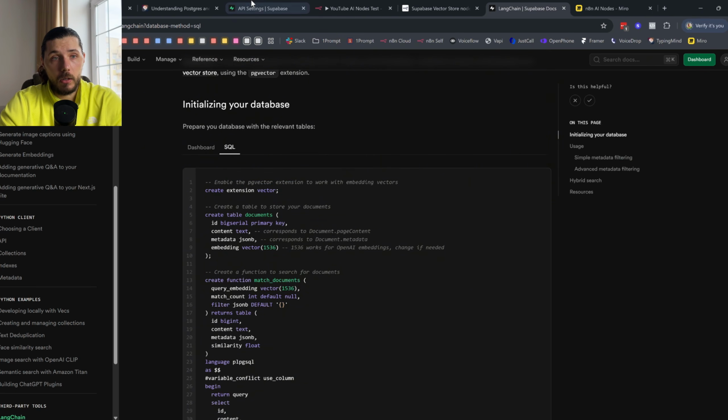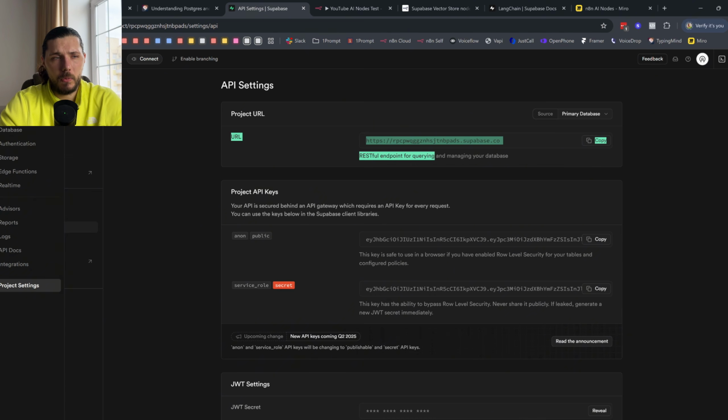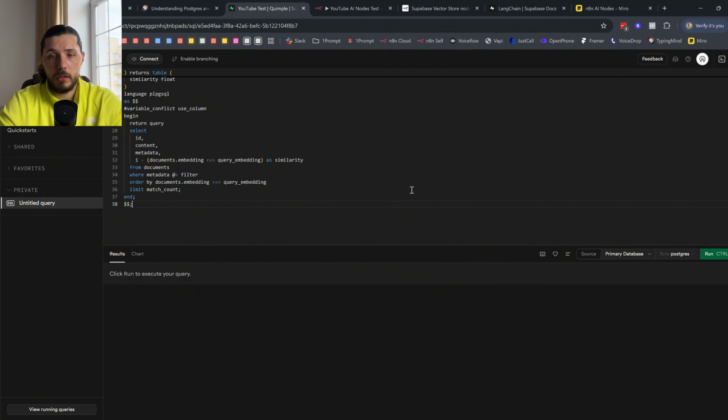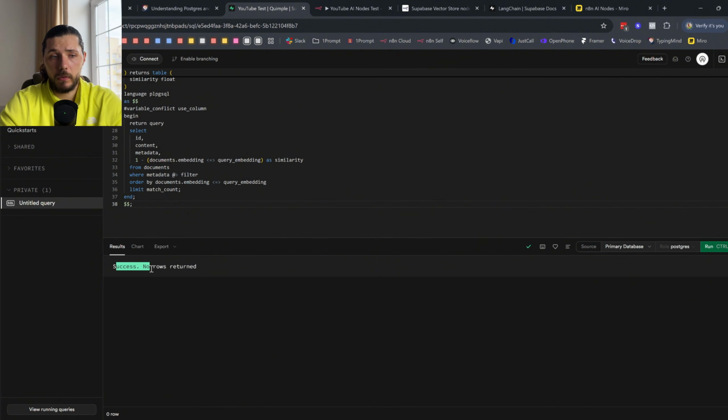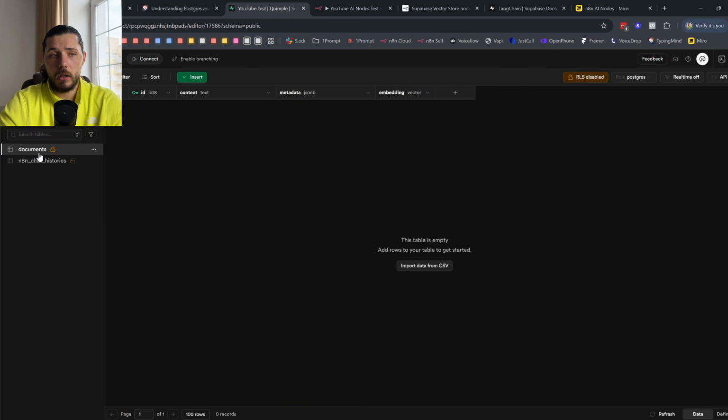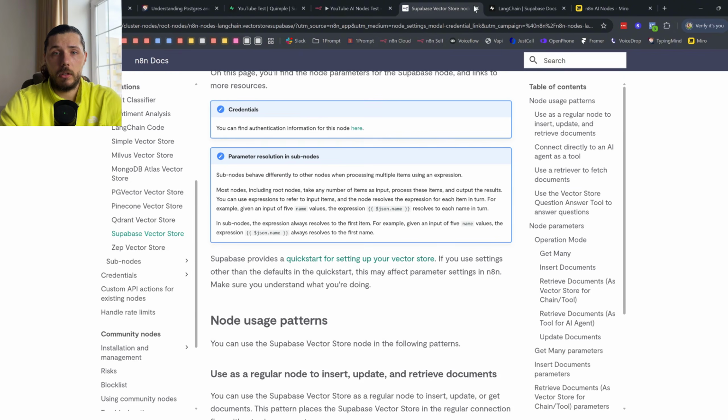We copy it, we go to our Supabase, we go to the SQL editor, you paste it, run, gonna wait for a few seconds, success, no rows returned. If we now go to the tables editor, you'll see that the documents table was populated with content, metadata, embeddings. Okay, so if we close this,